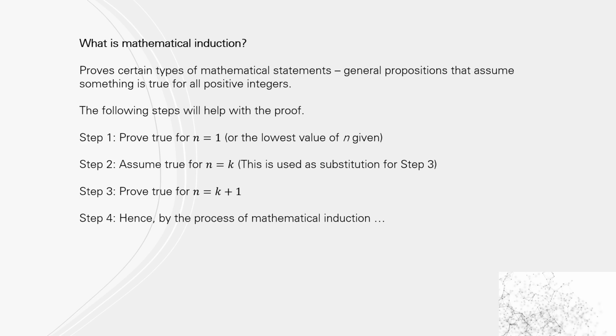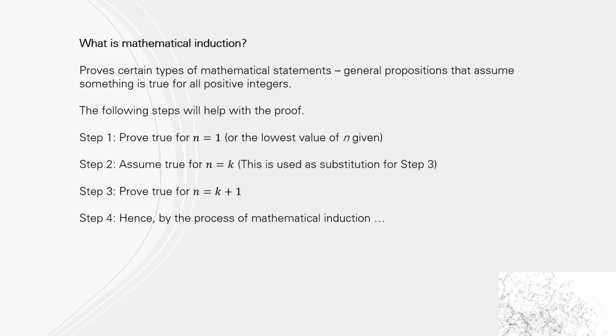The following steps are what we follow. Step one, we prove that it's true for n equals 1 or the lowest value of n. Sometimes it'll say n greater than or equal to 0, so you prove it for 0, or it may not work until n greater than or equal to 3, so we'd start at 3. Step two is you assume for n equals k, so you just substitute